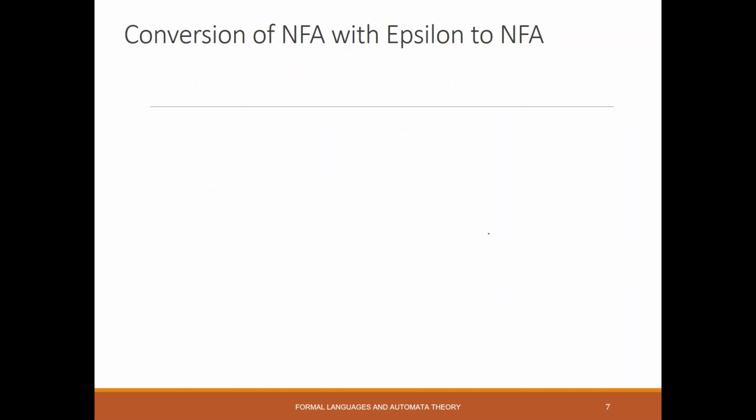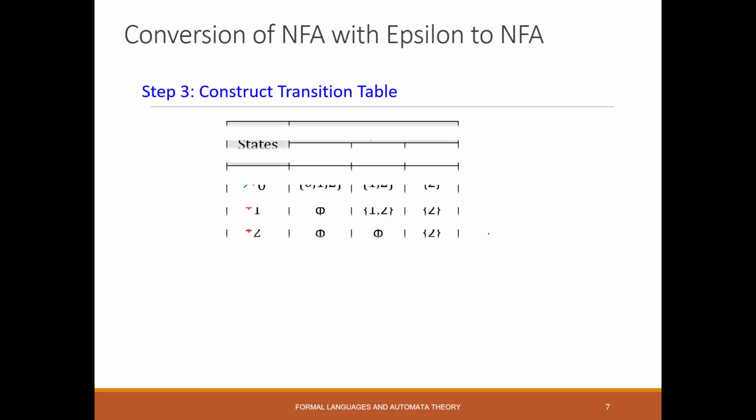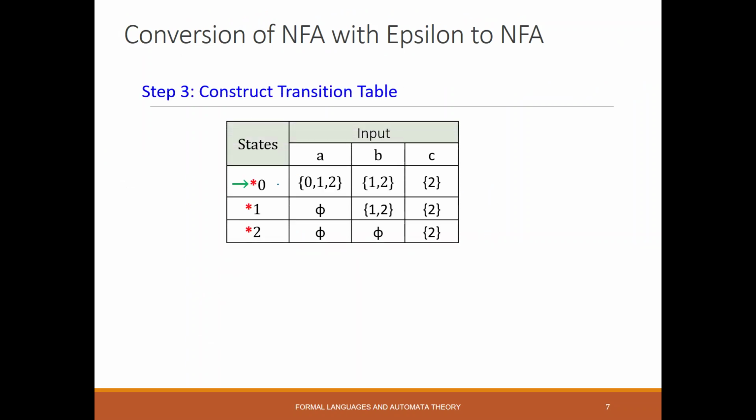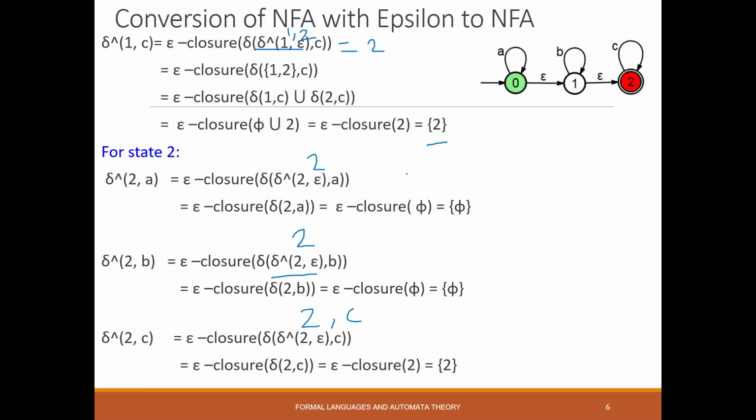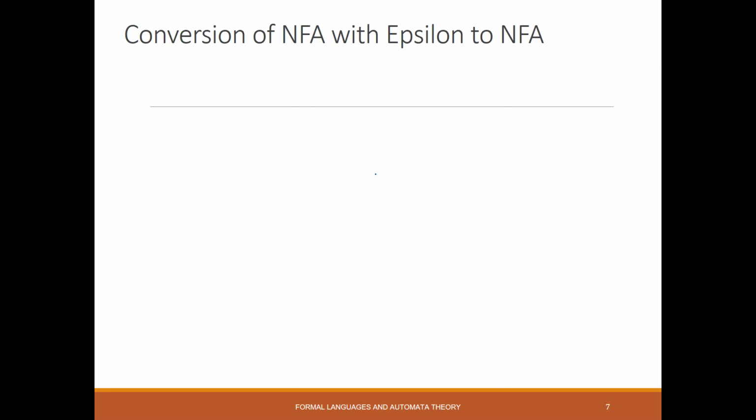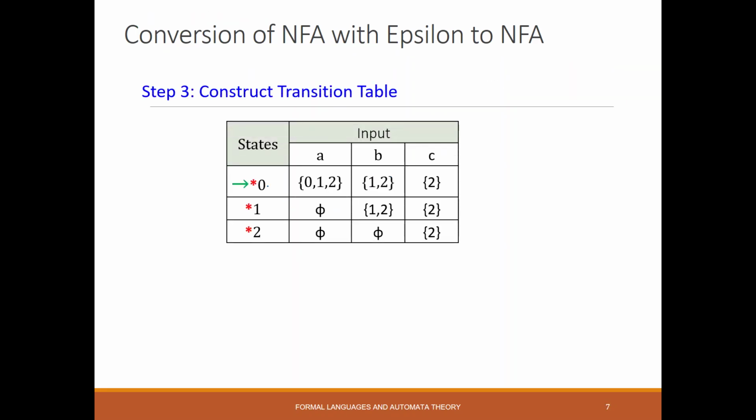We have got the answers, right? We need to construct the transition table. From 0 comma a, we got the answer as 0 comma 1 comma 2. From 0 comma b, 1 comma 2. Likewise you need to fill in the answers that we have found out in this. Okay, after that, regarding this